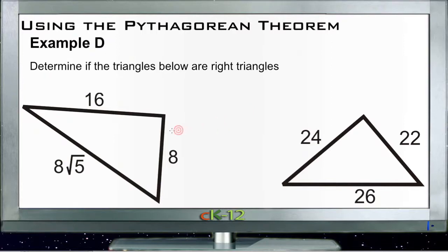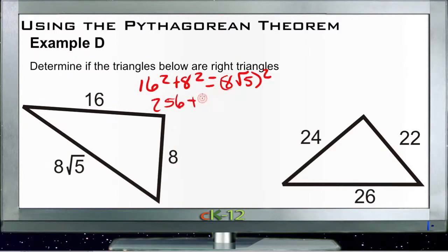determine if the triangles below are right triangles. Same process, we take 16 squared and add it to 8 squared to see if it's equal to 8 roots of 5 squared. So 16 squared plus 8 squared equals 8 roots of 5 squared. Well, 16 squared is 256. So we have 256 plus 8 squared, which is 64, equals, now 8 roots of 5 squared would be 8